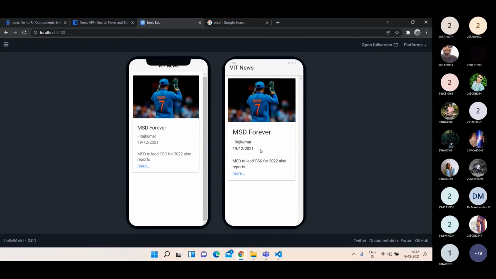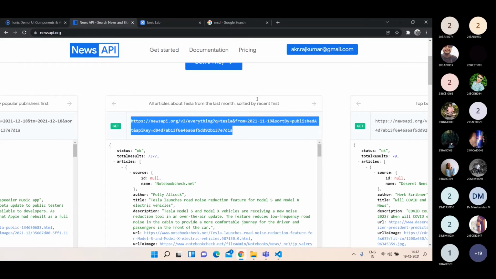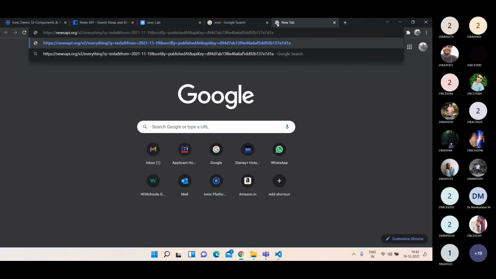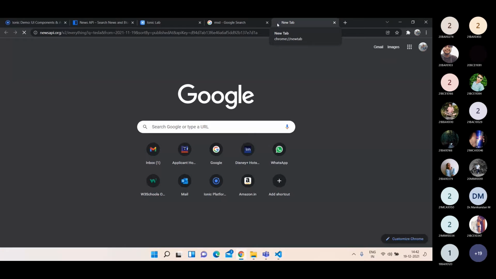So now what we are going to do, we are actually going to just edit these details. We are actually going to get the real details. For example, if I'm copying this URL and pasting here, the server information will come like this. This is how server will give you response. Can you able to understand the data? No, sir. So this is the JSON format.